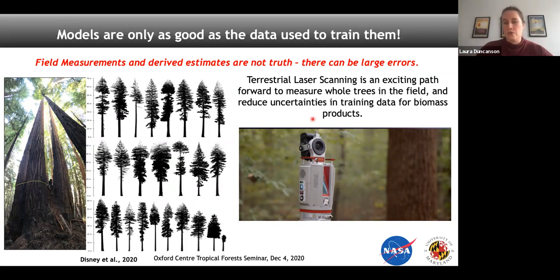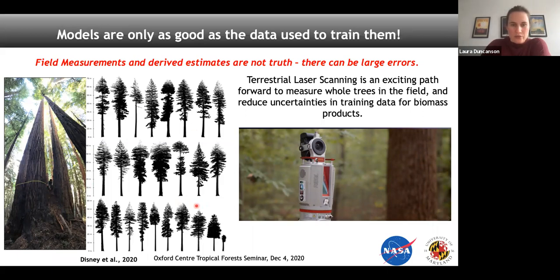So if you use terrestrial laser scanning, and here's our little GEDI TLS, I think that this is a really exciting complementary path forward for reference data collection, because not only are you going to take your traditional measurements of wrapping your diameter tape around a tree, but if you have terrestrial laser scanning, you can reconstruct the entire woody volume of a tree virtually, right? So it's a much richer measurement of tree structure in the field than you're getting from these sort of simpler measurements of height and diameter.